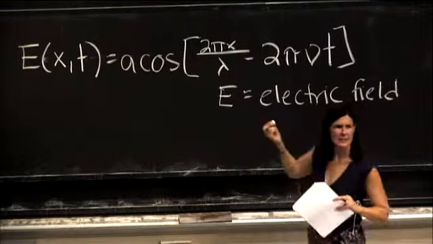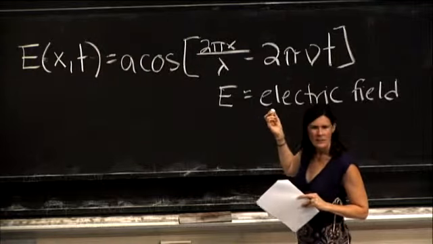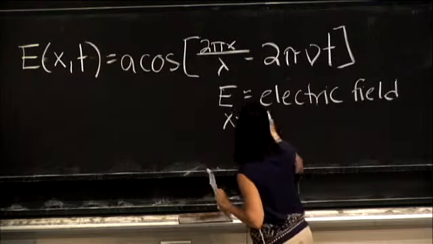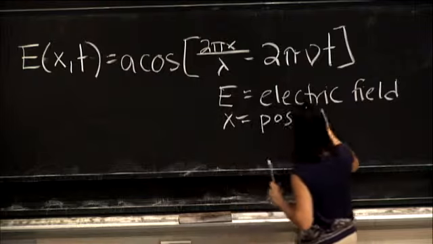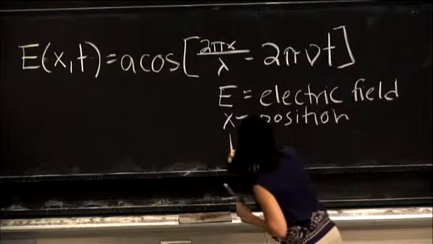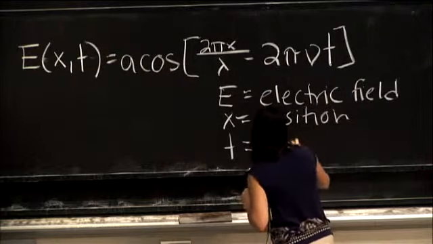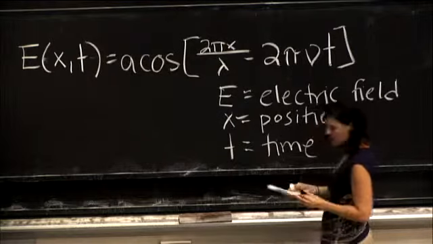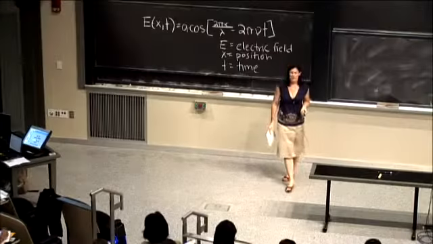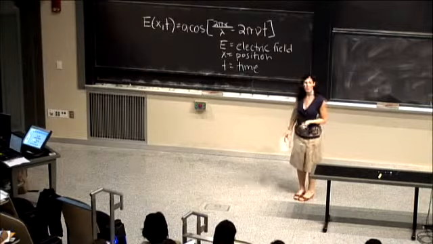What is x? Yep, the position of the wave. And what about t? Yeah, so we're talking about both position and time. So what we can do if we're talking about a wave is think of it both in terms of position